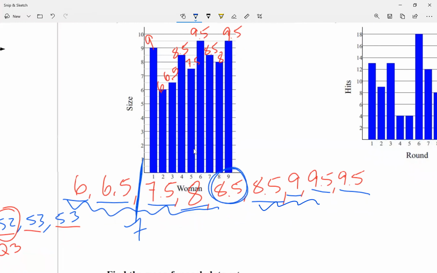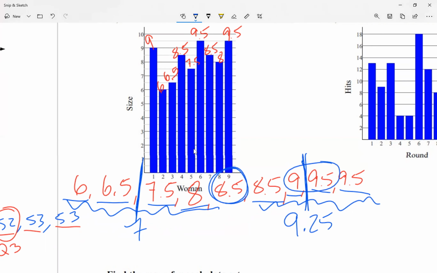From the numbers on the right, let me draw a line right in the middle. Between 9 and 9.5. If you can tell, good. If not, add 9 plus 9.5 divided by 2, and that gives us